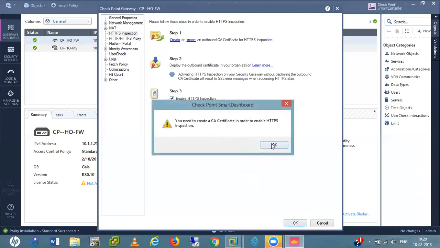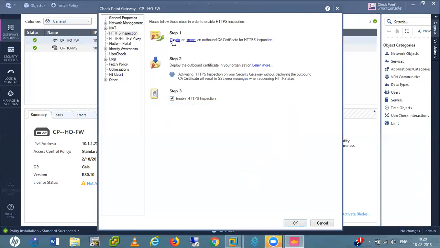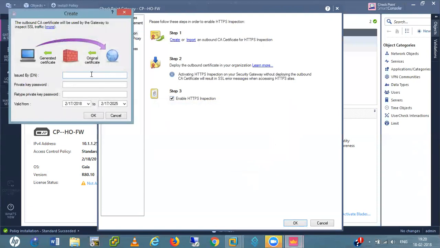You need to create a CA certificate. Create a certificate issued by www.amnhu.net.